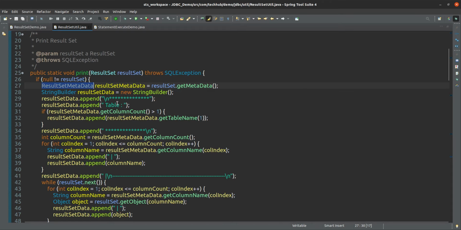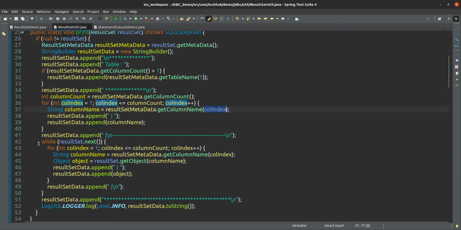Here we first get the table name, and how many columns there are using get column count. Then we get the column name at each index, so all the column names we get. Then we process the result set.